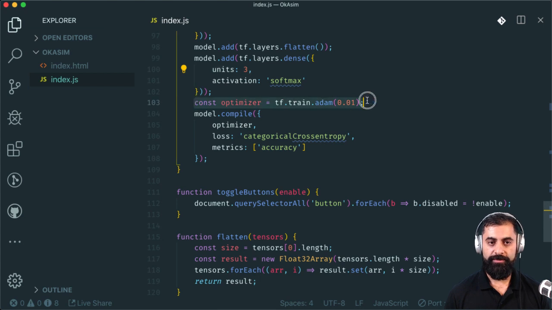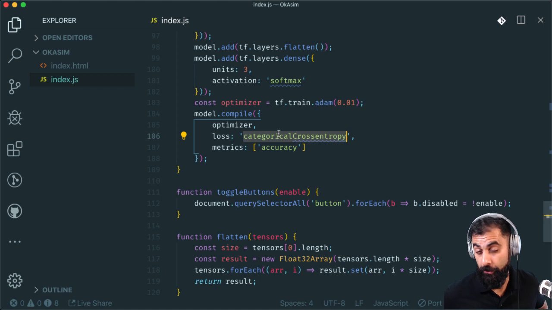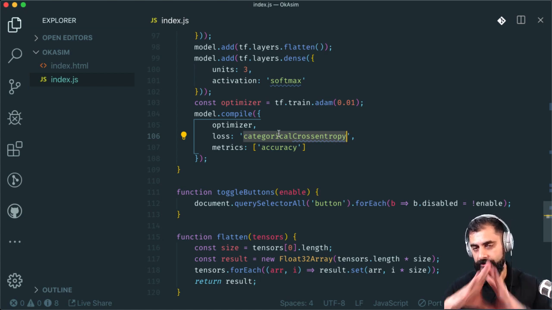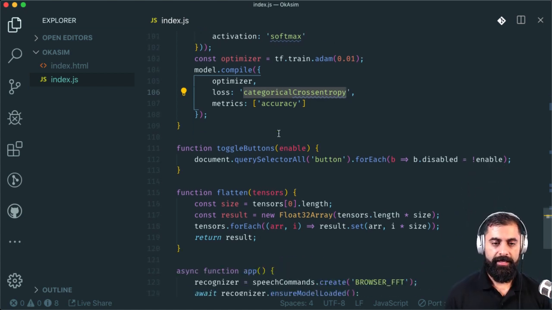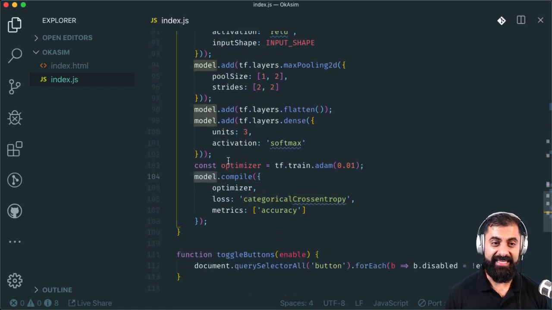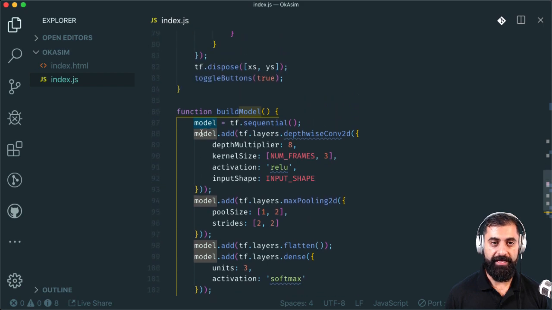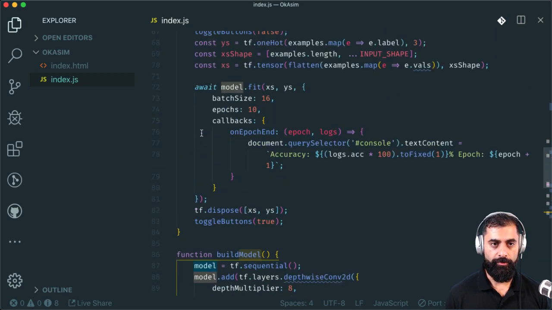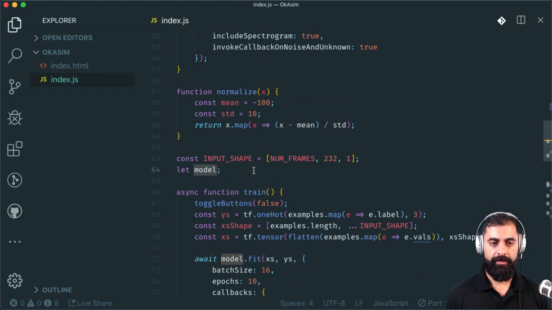And then what we're doing is an optimizer. We're using the Adam optimizer, and this is kind of compiling it. I mentioned this word, categorical cross entropy; that's the method it uses for calculating the loss. And that's what build model is doing. It's creating this model object, which I presume is global or something. There it is, global there.